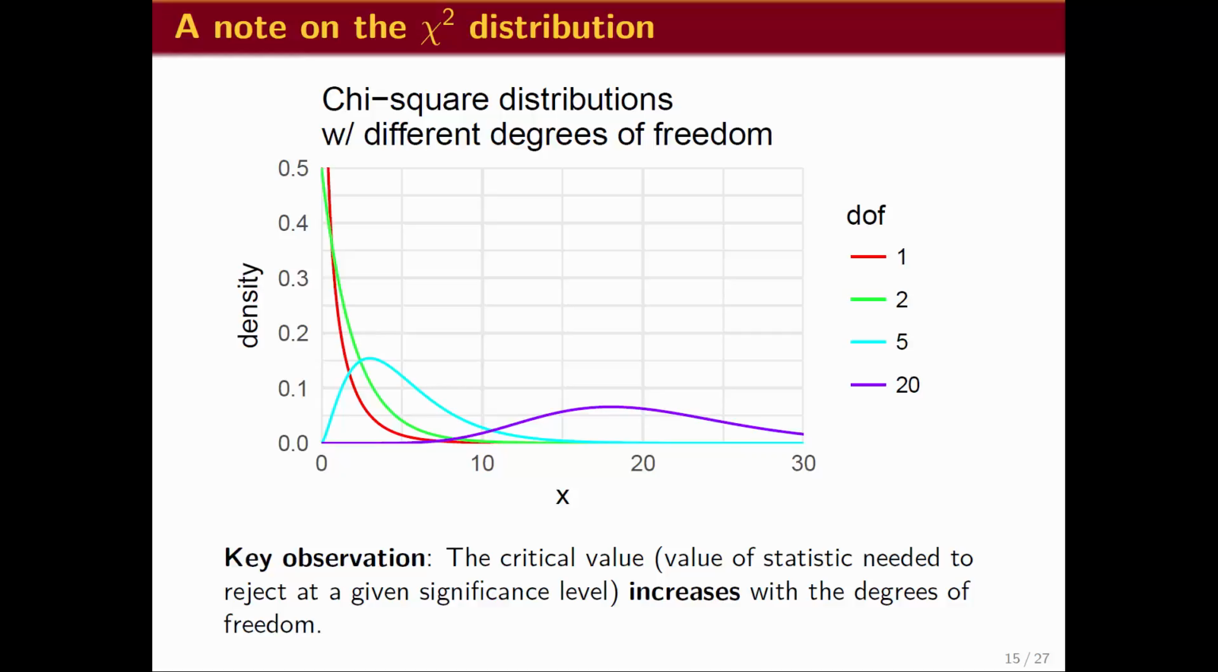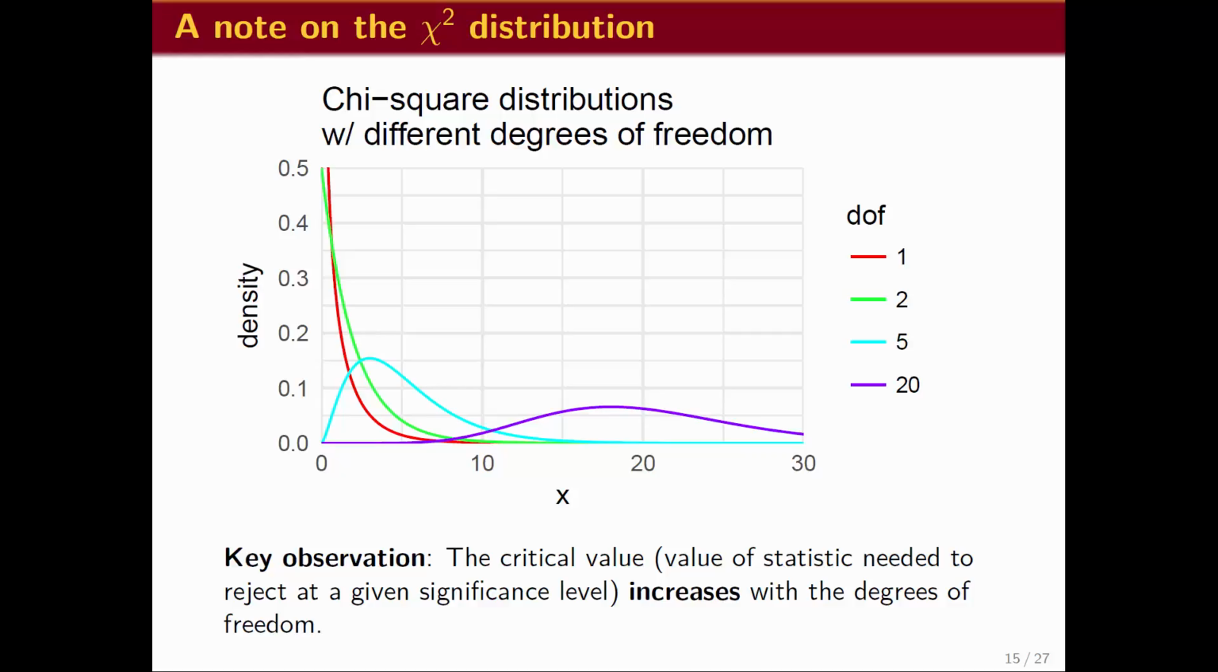And what this plot is showing you is 4 different densities for 4 different chi-square distributions, which differ in terms of the number of degrees of freedom they have. So the red curve is the density of the chi-squared with 1 degree of freedom. We can see that the density starts off very high near x equal to 0, and once you get to about 10, there's almost no probability to the right of 10 for the chi-squared with 1 degree